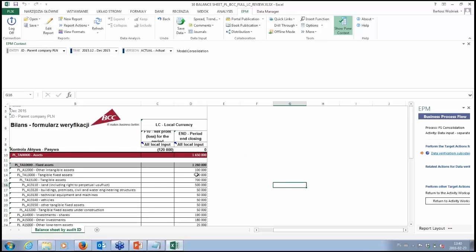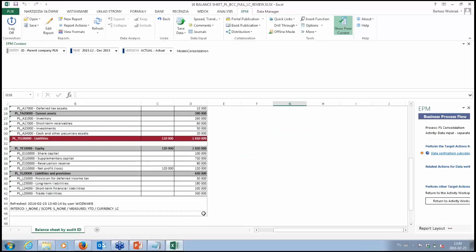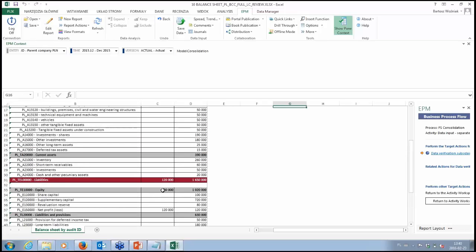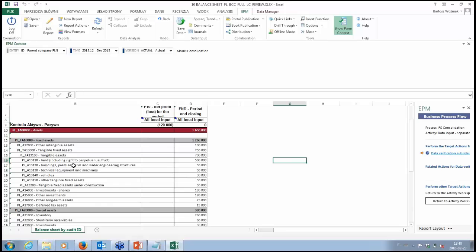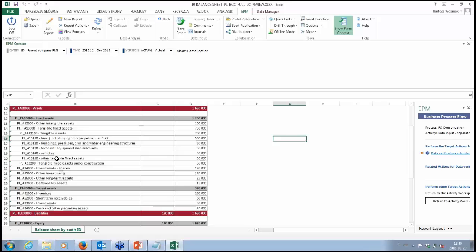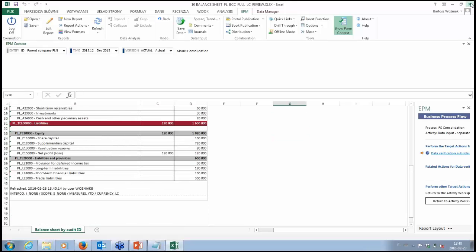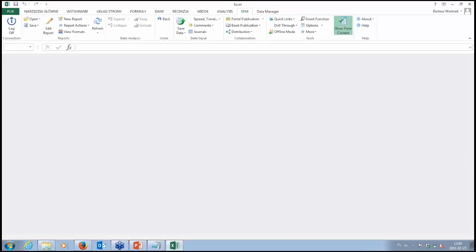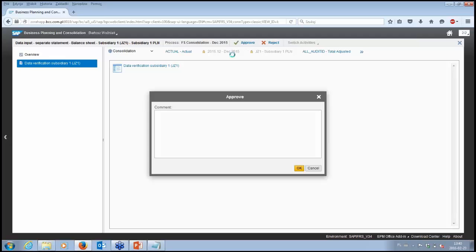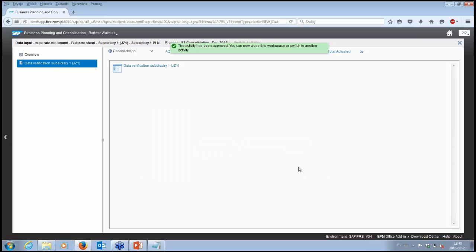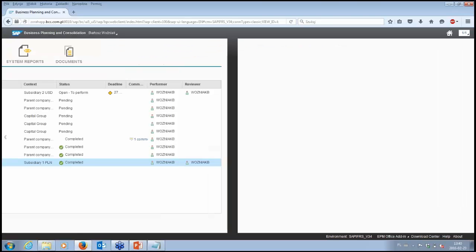As you can see, this is the form for overview for our, let's say, reviewer, just to have a slight and fast overview of the main categories in our financial statement. So it's okay, I can approve it. And we will go down with the process.